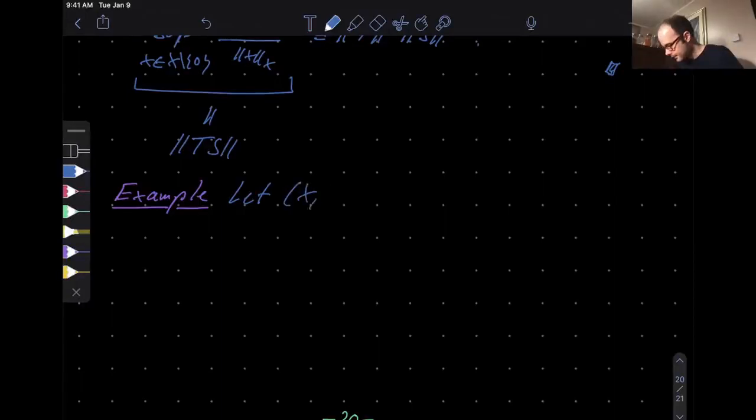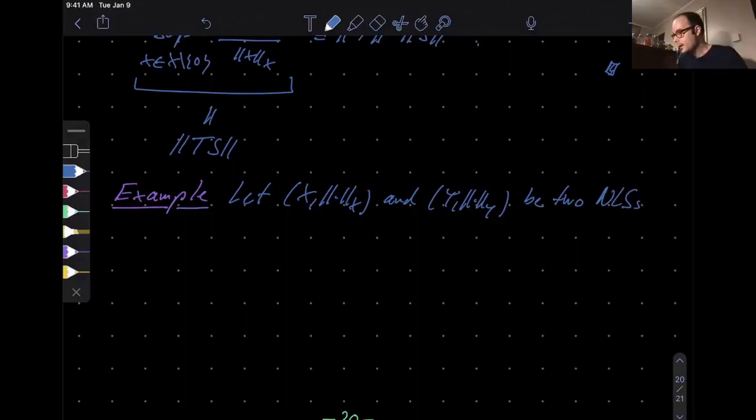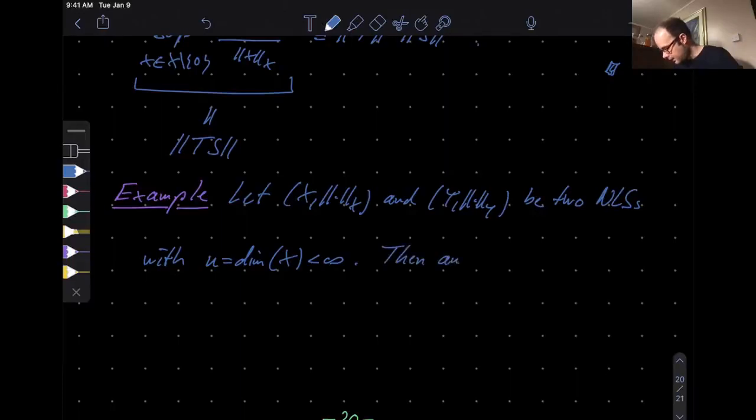So let X and Y, with their respective norms, be two normed linear spaces, with one of them, namely the X space, finite dimensional. Okay, that's a typical setup in linear algebra. Actually, in linear algebra also the Y space is finite dimensional, but here it's enough. Then the claim is that any